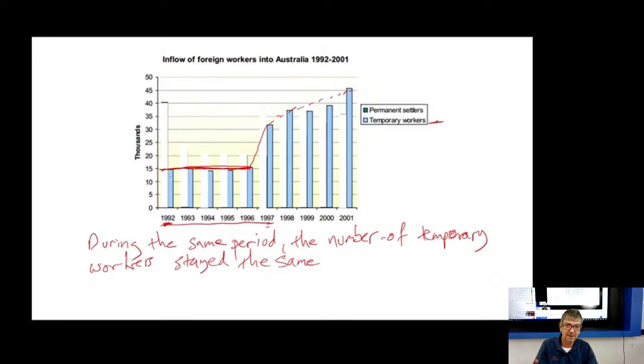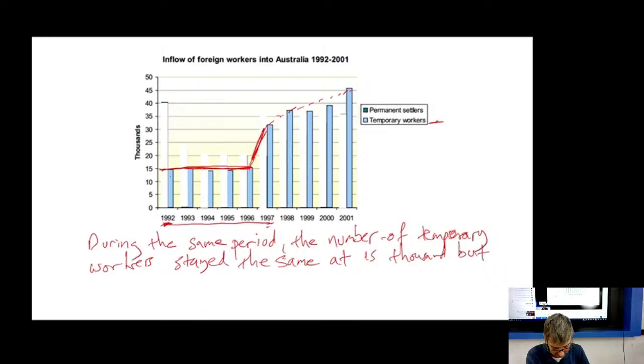Stayed the same, and don't forget to say at what level or what number they stayed the same at. So they stayed the same at 15,000. Then we want to describe this part,